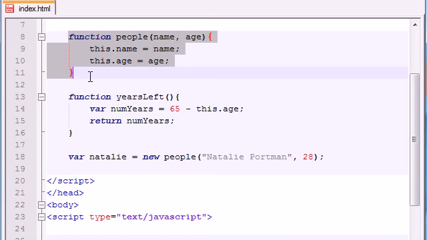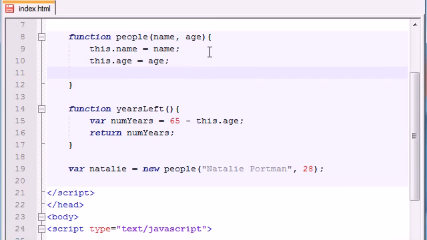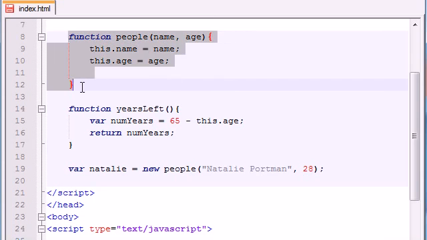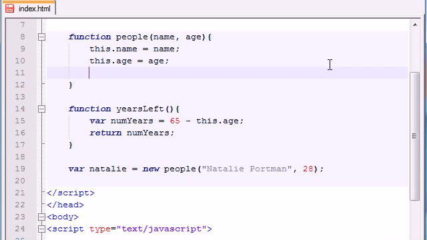But saying, alright, here is the blueprint for the object, so how does this object know to use that function? Well, it doesn't just yet, so that's what we have to do in this next line of code. In order to tell this object that this function is not just a random function, we actually want to associate it with this object. Here's what we need to do. Just like every other object property, you go ahead and assign this dot, and then you write whatever you want your property to be named,